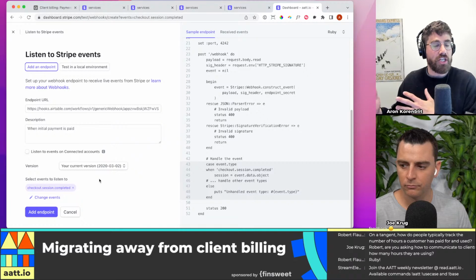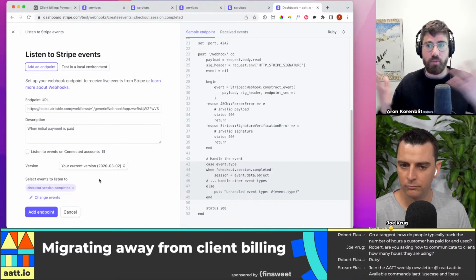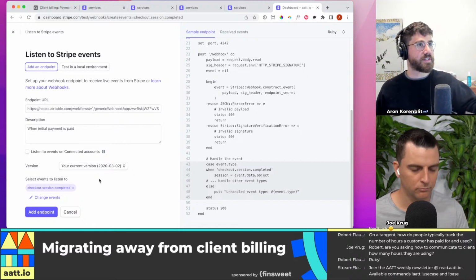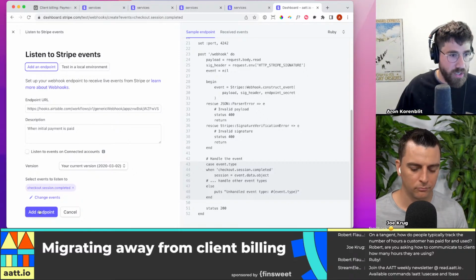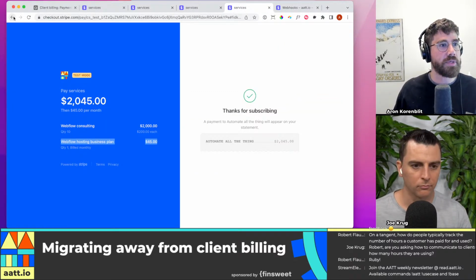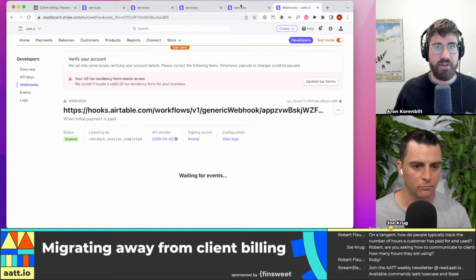If the structure changes, which it does for different webhooks, it'll be like, oh, I don't understand this webhook. I don't understand this conversation. So you should give it a separate phone number, a separate URL. Okay, add that endpoint.